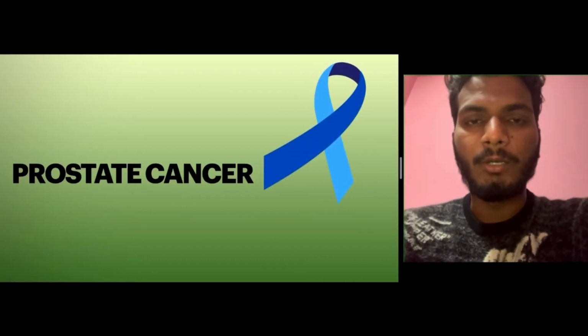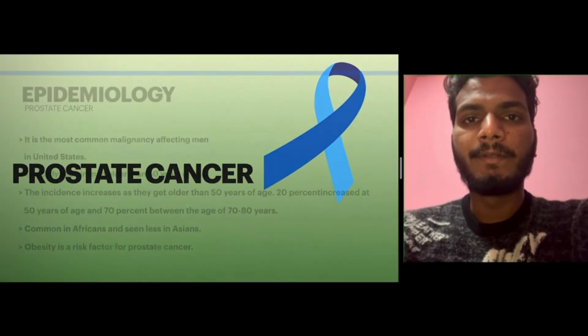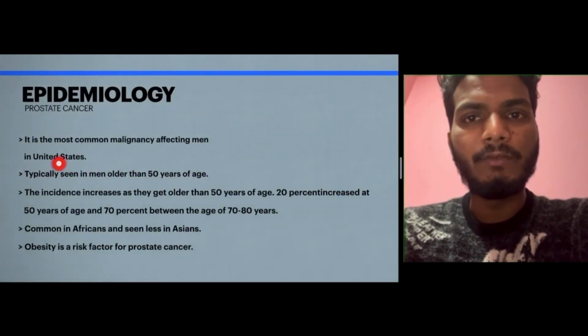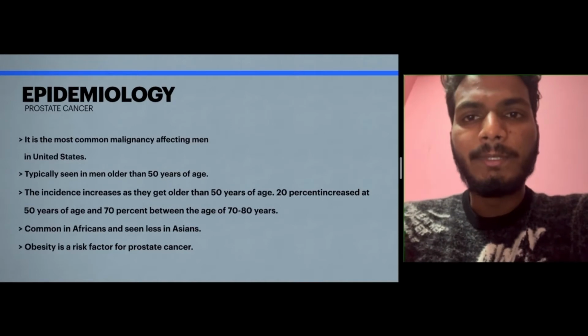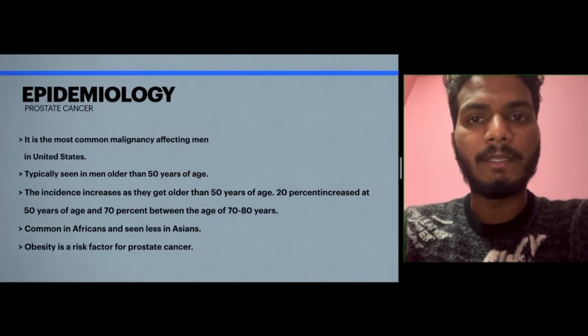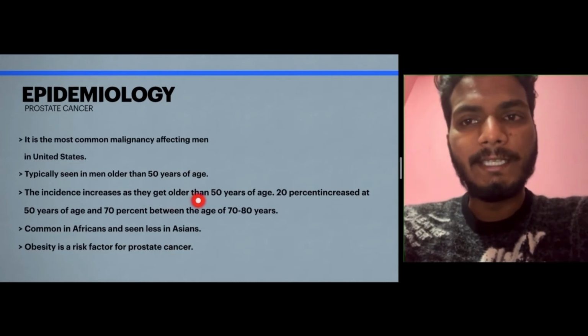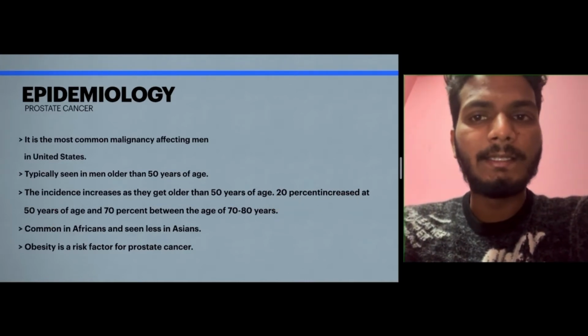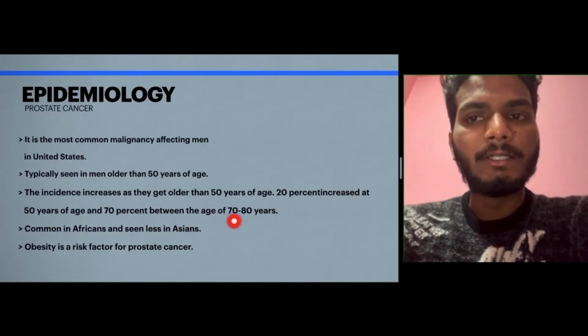So first of all, we will talk about its epidemiology. It is the most common malignancy affecting men in the United States. Typically seen in males older than 50 years of age. So age is the major risk factor here. Incidence increases as they get older than 50 years of age. There is a 20% increase in incidence at the age of 50, and 70% between the age of 70 to 80